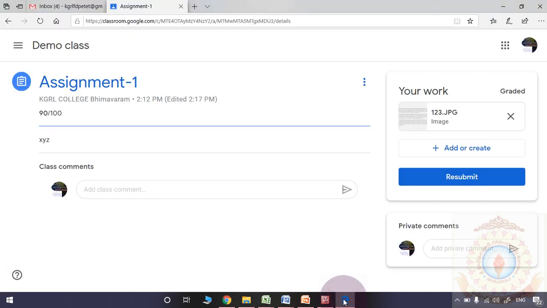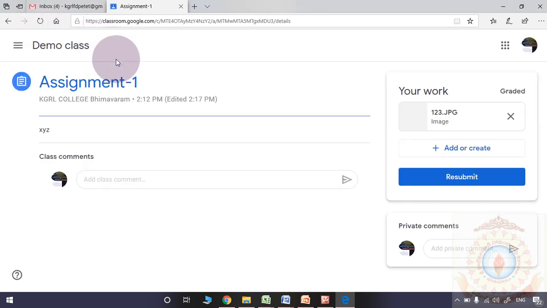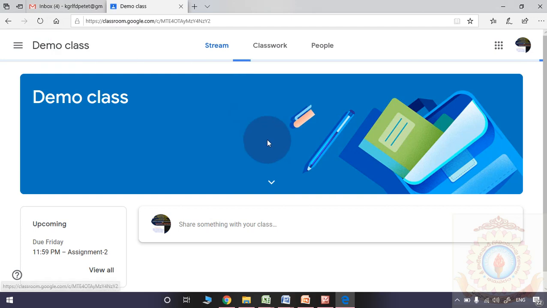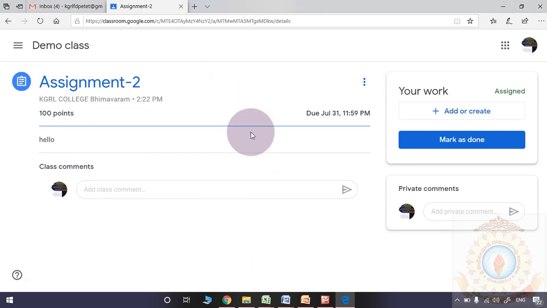Now we will move to the student side. The student will observe here, oh, a due is there, assignment 2 is pending for me. They will identify like this in the upcoming notice board label that will indicate what the pending works are. They will click here, and they will see the assignment.